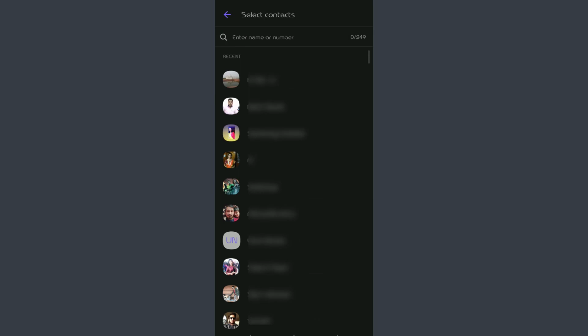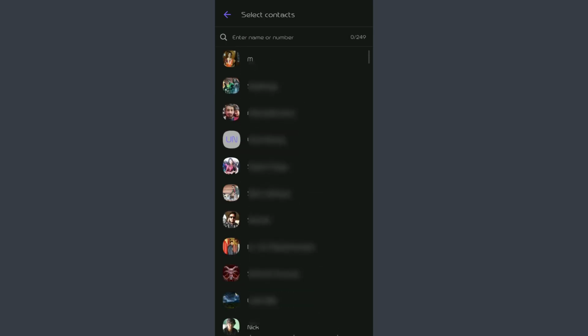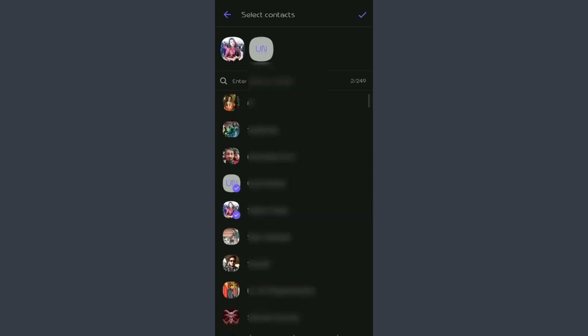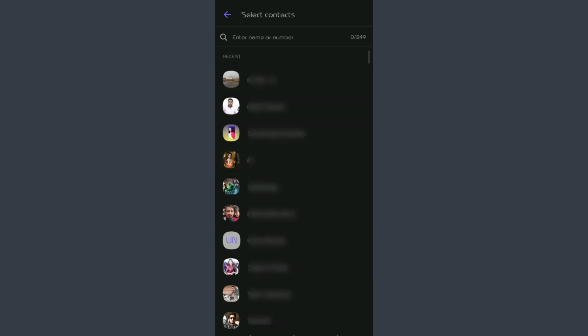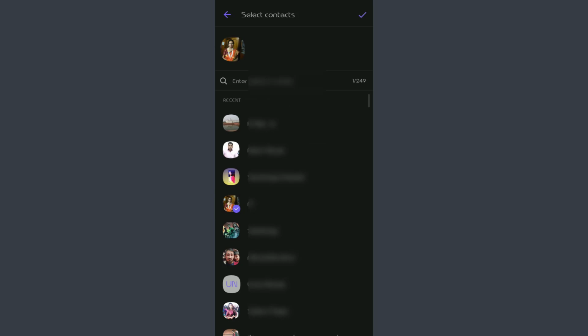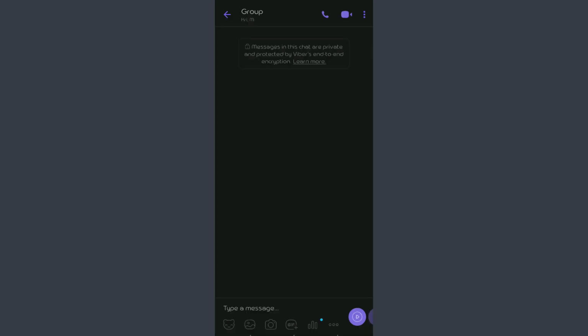And now just tap on the name of the person that you want to add on the group anywhere on the screen, anywhere on their name. So let's say if I want to add this person, so I'll just tap on their name. And after you finish selecting the people, just go ahead and tap on the right sign that you see on the top right. And now this group has been created,